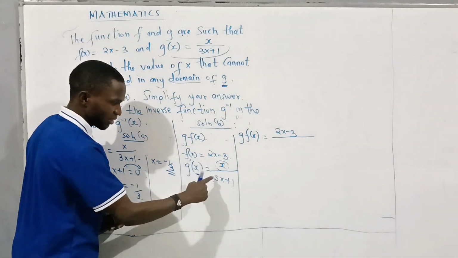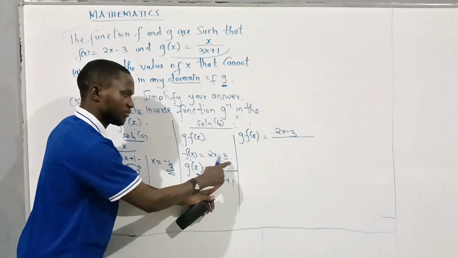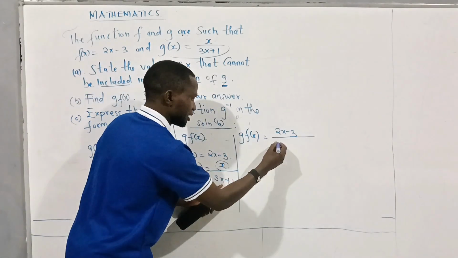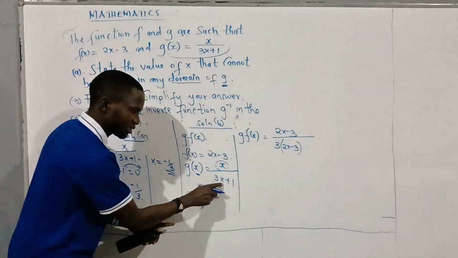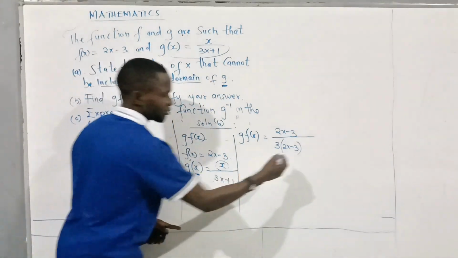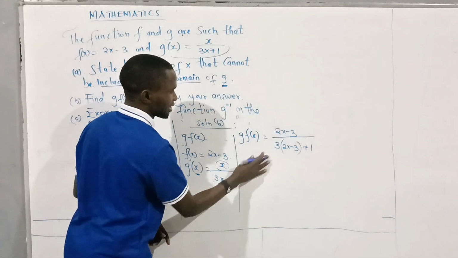Now next, 3x plus 1. But x is f of x, the value is 2x minus 3. So it's going to be 3 into 2x minus 3, this is x, plus 1. One like that. Then this will translate to